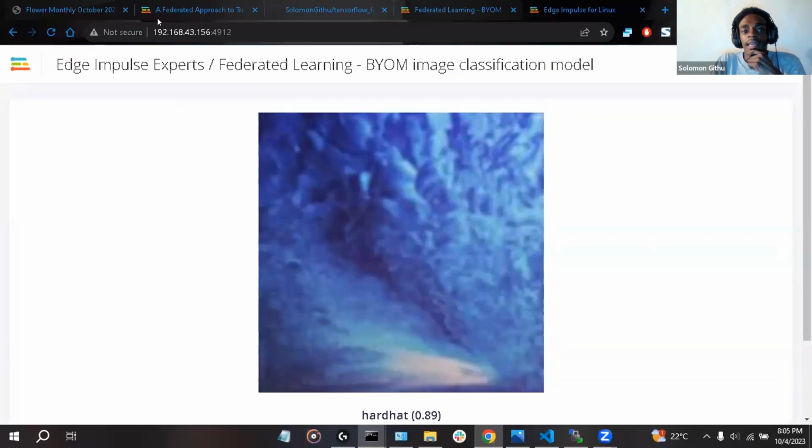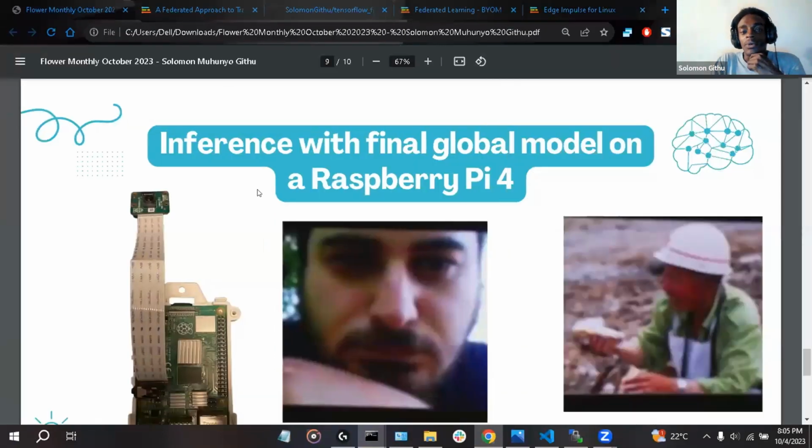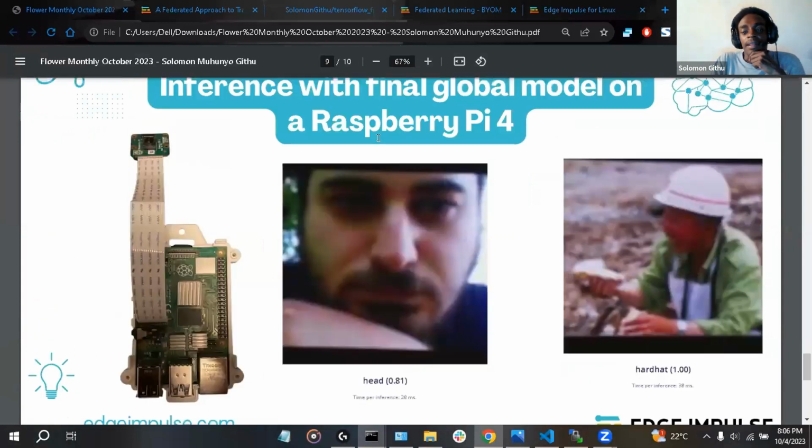And so that is basically it when it comes to federated learning. So instead of taking all images and putting them on one computer and then training the model over there, we can train the model on various computers. And then let's say we take the final model and push it to a cloud server like Edge Impulse, and then we can deploy this model to any device, provided it can run the model. And yeah, that's it from me.